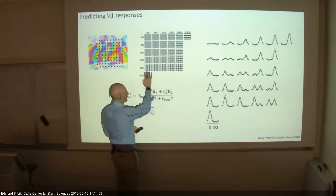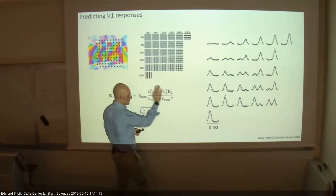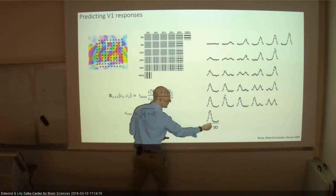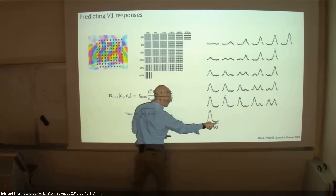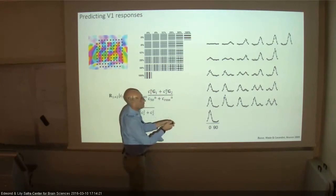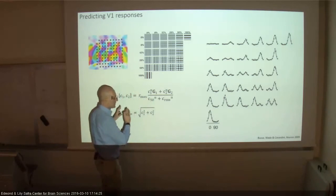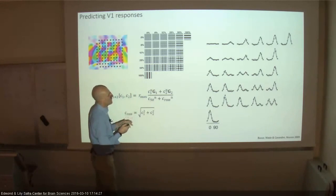Just to give you a very basic statement: when you show a vertical stimulus, the neurons that like vertical fire a lot. The neurons that like horizontal don't fire. When you show horizontal, the opposite happens. Now, what was interesting to us, and this is just to give you an example, was what happens when you